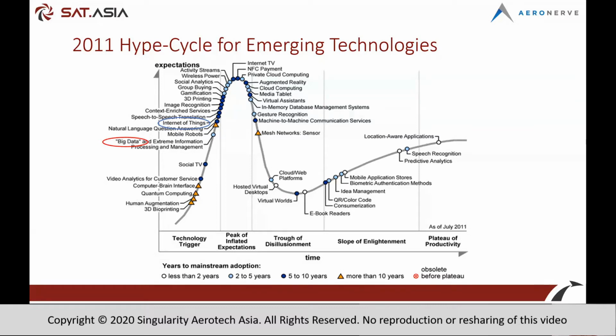The Hype Cycle for Emerging Technologies looks at the expectations of whatever new technology first started gaining traction in the market. Ideally, every new technology will go through this cycle. We call it the technology trigger. So they are beginning to gain traction and recognition, and people are starting to play around with it, starting to understand how it works. They will be going